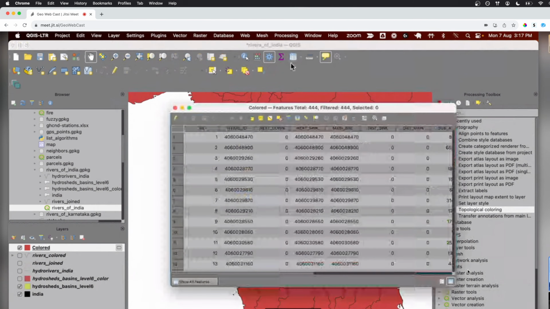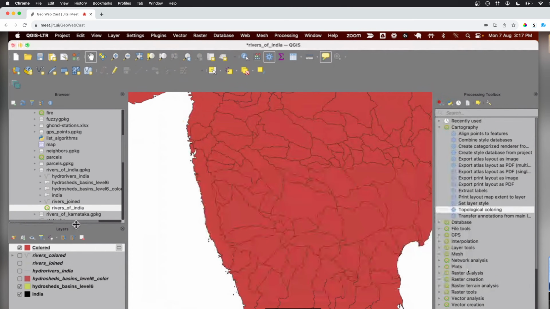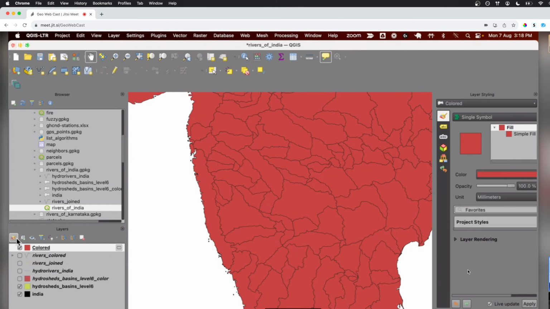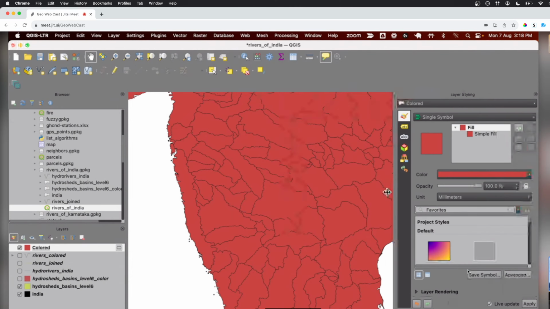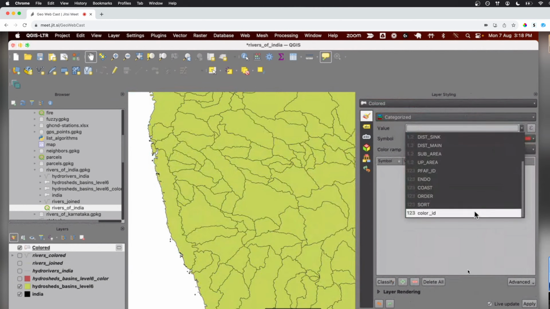So this gives you a colored map, but again, it's not colored. What it did was it actually created a new attribute called color ID. This is based on the algorithm, which says if I assign color ID 1 to this polygon, I have to figure out what the color of the adjacent polygons should be. And I'll use the minimum required colors for colorizing this. So it's not metadata dependent, it's just geometry dependent. Now I can say, take this color and we'll just use this to colorize our values.